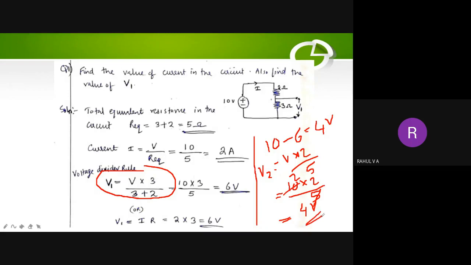So you can use any method. അപ്പം മനസ്സിലായി നമുക്ക് ഇപ്പോൾ വാട്ട് വി അണ്ടർസ്റ്റുഡ് ഈസ് ടോട്ടൽ വോൾട്ടേജ് ഈസ് ഈക്വൽ ടു the voltage. So this is a sum of voltage across each resistance. Total 10 volt means this is a sum of voltage across each resistance. That is, now it is dropped like 4 volt and 6 volt, depends on the value of resistance. Same value ആണെങ്കിൽ 3 3 ആണെങ്കിൽ ഈക്വൽ ആയിട്ട് 5 5 ആയിട്ട് ഡ്രോപ്പ് ചെയ്യും.